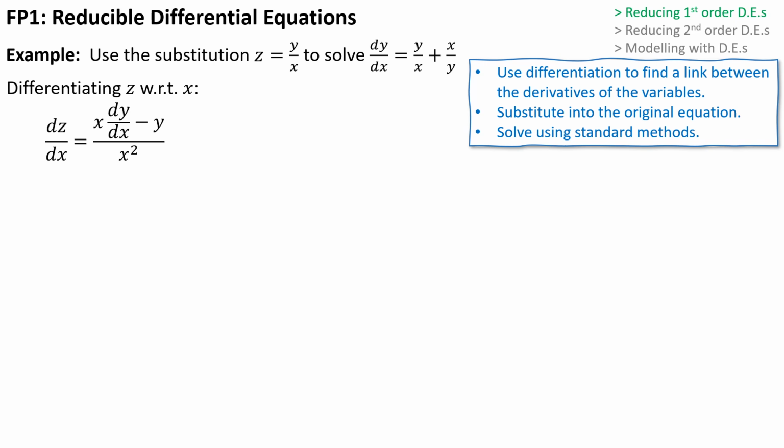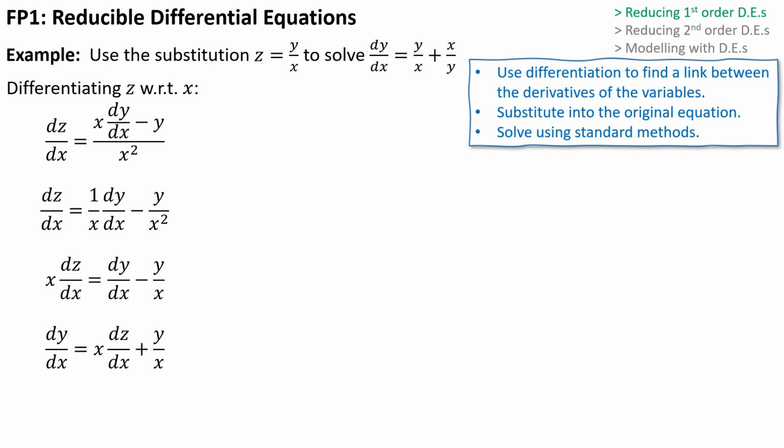So this is quotient rule applied using implicit differentiation. Once we've got that, we could rearrange, simplify a little bit, so we can turn that into 1 over x dy by dx minus y over x squared. And then with a bit more messing around, we can perhaps rewrite it in a form that's a bit easier